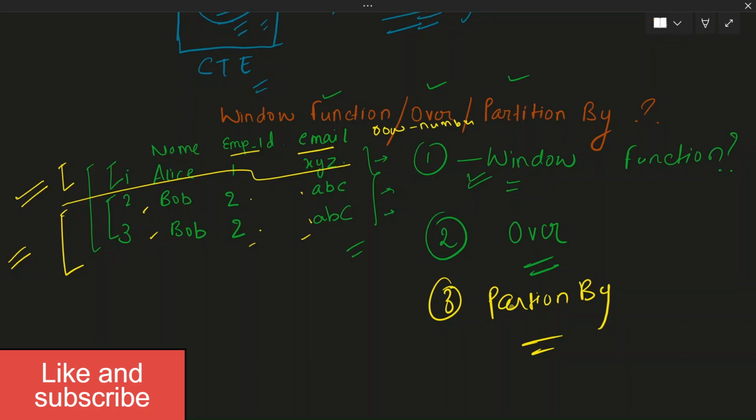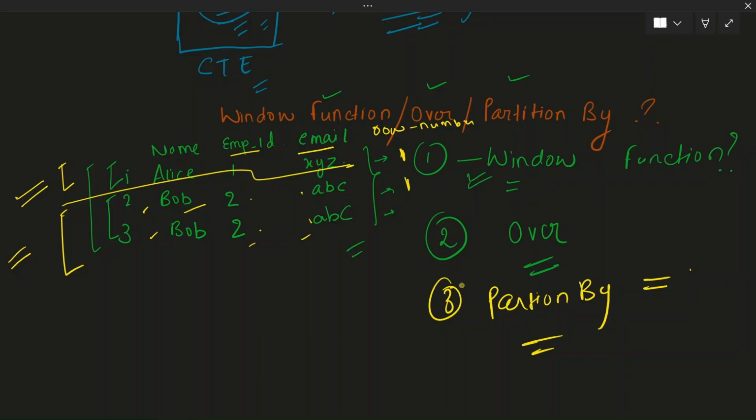And because of the concept of partition by in the window function, each time we jumped to a new employee, its value was getting reset to 1. For example, as Alice is a single unique employee, the row number value was 1. Then again the next unique employee is Bob, so again the value was reset to 1 because of this partition by that we are using in our SQL query. Then it checks the third entry, and because it is a duplicate, it will give it 2.